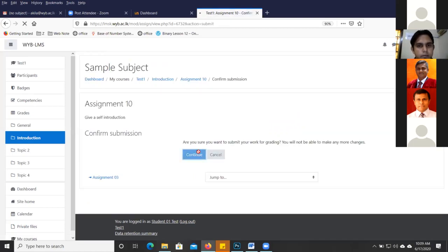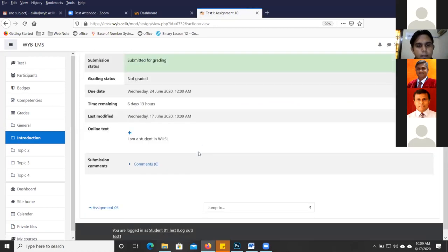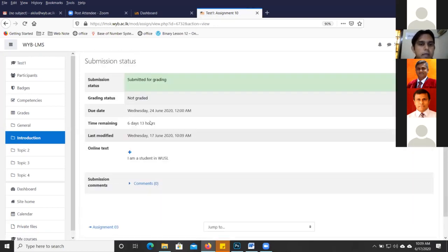Continue. Now you can see the edit submission and remove submission buttons are gone. That means after submitting the assignment, they can't do any modification. So if we give the submit button, the student can remove it or do any modification until they submit that one.